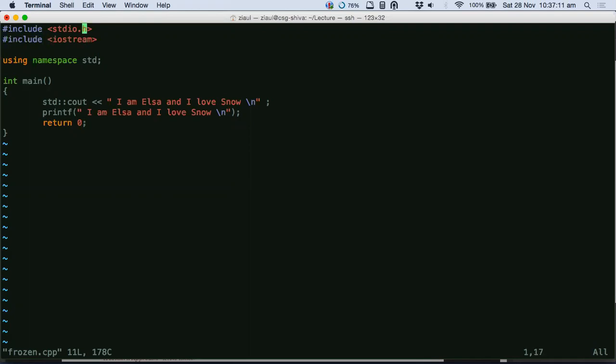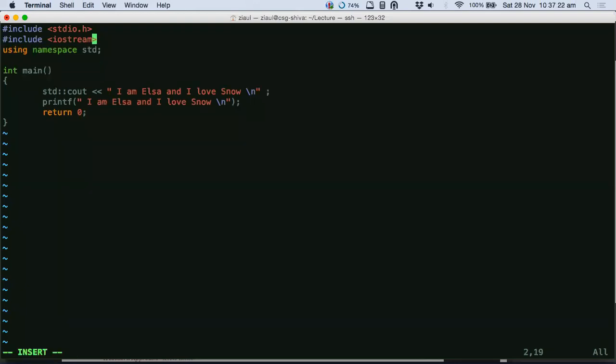Sir, why is it that here iostream works instead of iostream.h? This is a new C++ way of doing it. In the older C++ compilers, they had to give a .h, but now, since it's a very recent C++ compiler, you don't need the .h. You just say the name of that header file. So can we use stdio instead of stdio.h? I think with CPP you can, but with C you cannot.